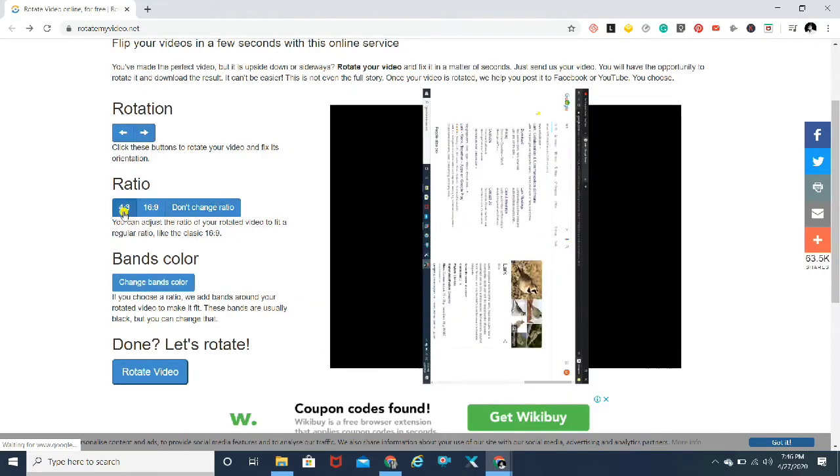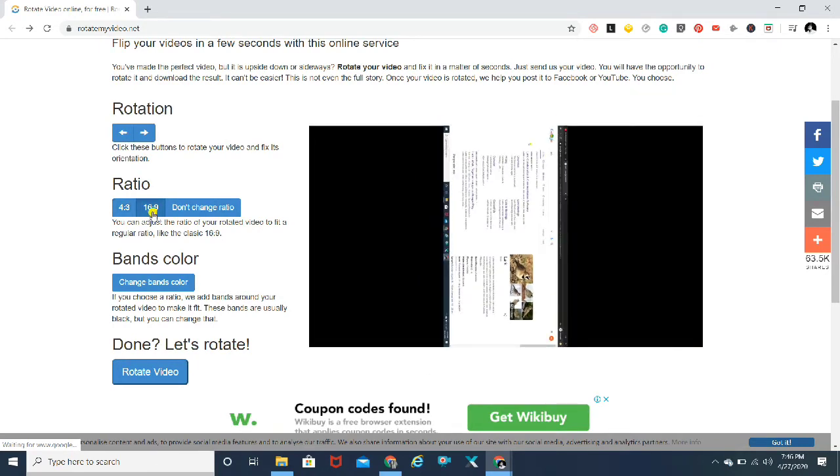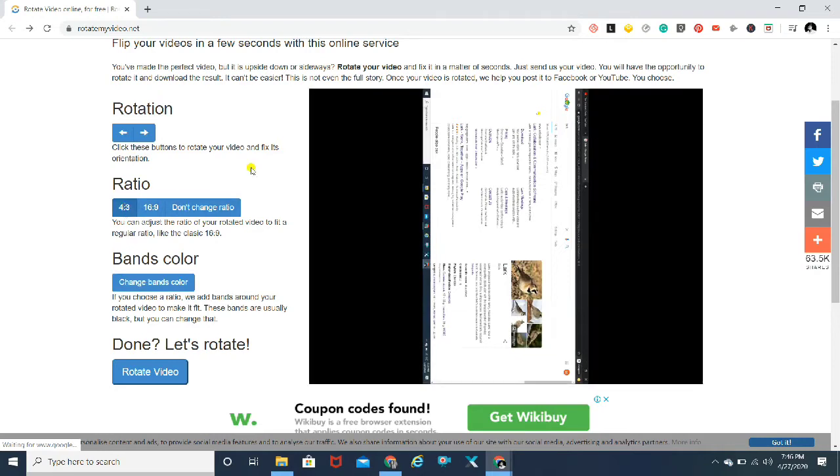You can change the ratio. There is 4:3 and 16:9 ratio over here. If you don't want to change the ratio, you might as well just not choose that one. This is just a demonstration video, I'm going to show you what features are available